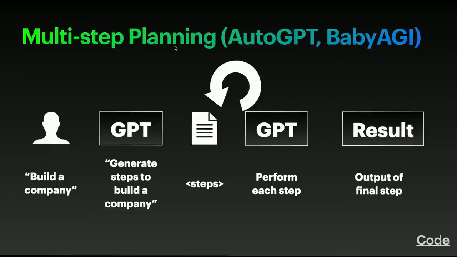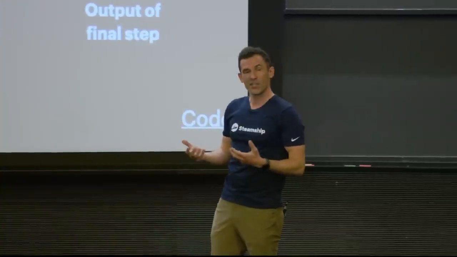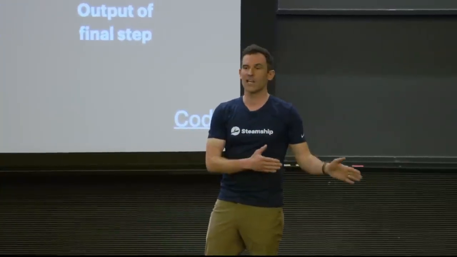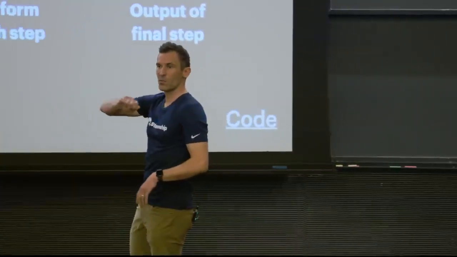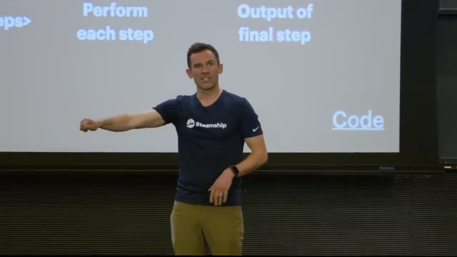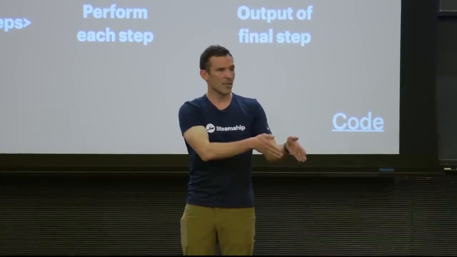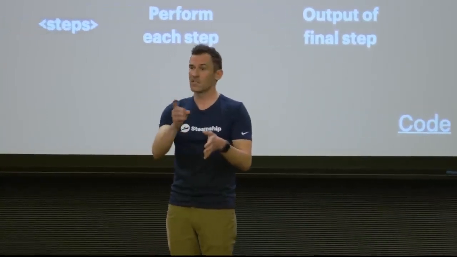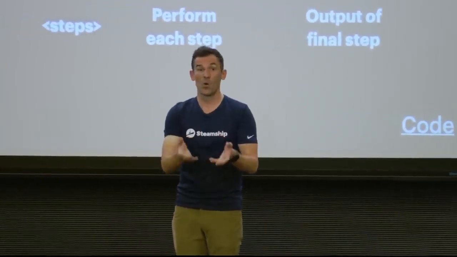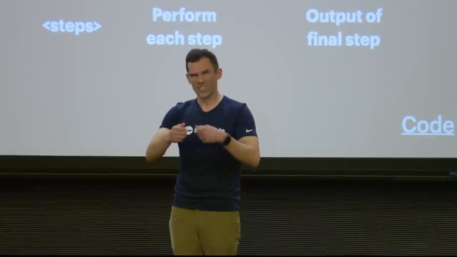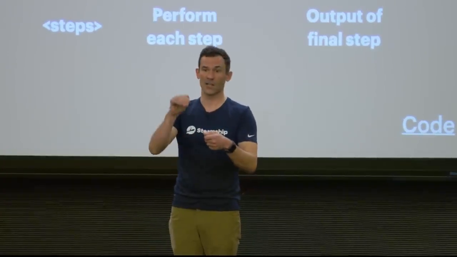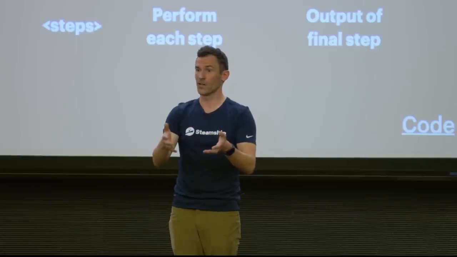And that is Baby AGI, Auto GPT is what you might have heard them called on Twitter. I think of them as multi-step planning bots. So everything I showed you so far was approximately one-shot interactions with GPT. So this is, the user says they want something, and then either Python mediates interactions with GPT, or GPT itself does some things with the inflection of a personality that you've added from some prompt engineering.